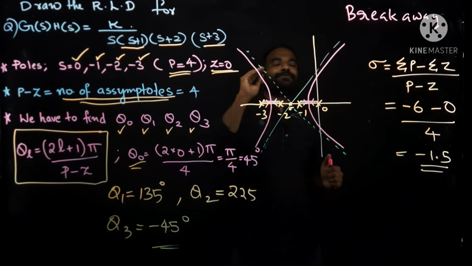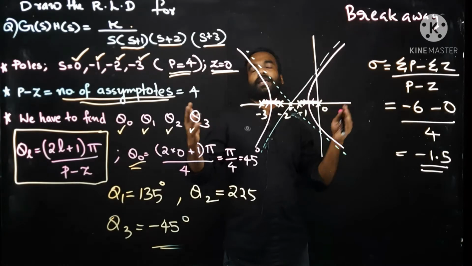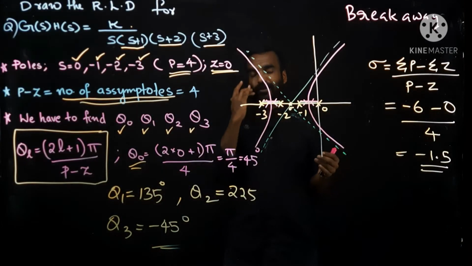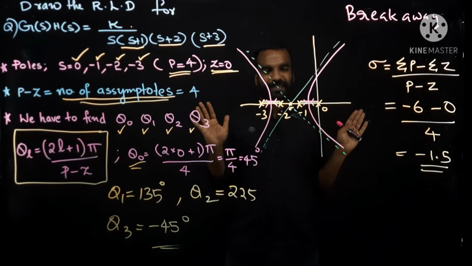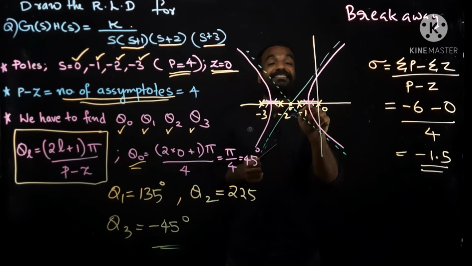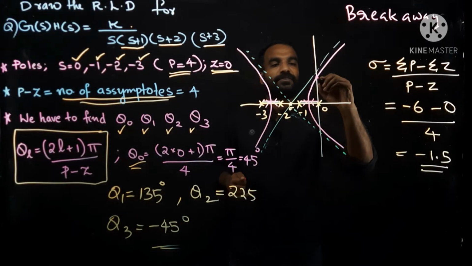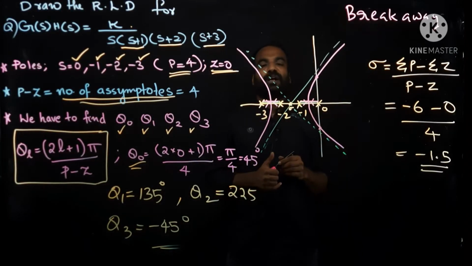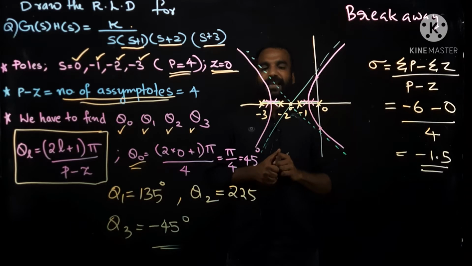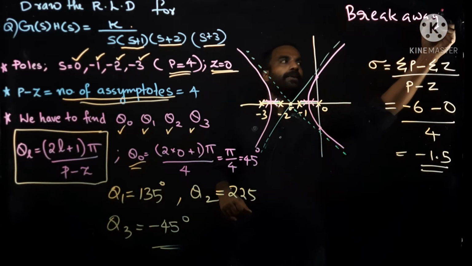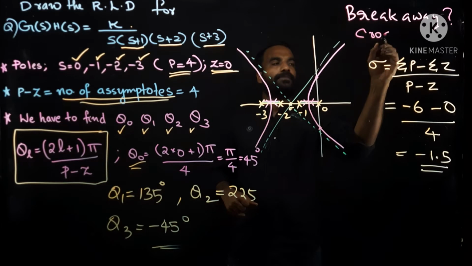But there are many more questions. This is the point I want to convey. Now without much calculation, I can draw the shape. But what is the exact value of the breakaway point? I have to apply a rule. What is the exact value of this crossing point? Then also I have to apply rules. So in the exam, you have to do that calculation also, and then you have to complete the figure. So now I am going to calculate the breakaway points and crossing points.